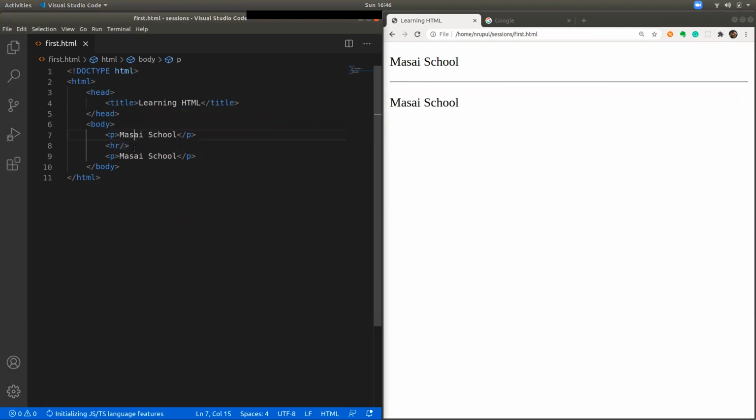That's how you can use the short tags. Now you understand how to show images in your HTML pages, and also what self-closing tags are: elements where there need not be any content inside that particular element. So these are all the things which you saw now.